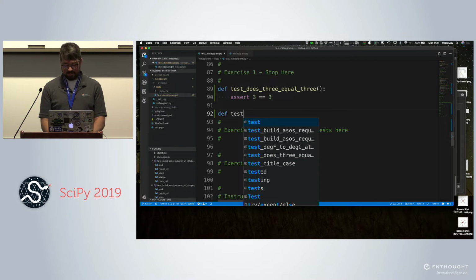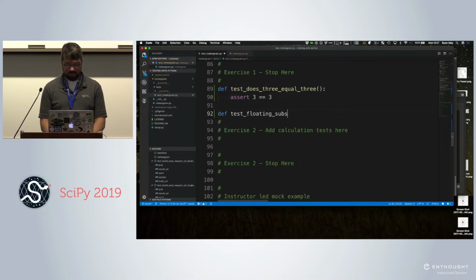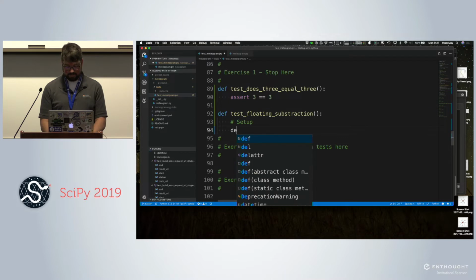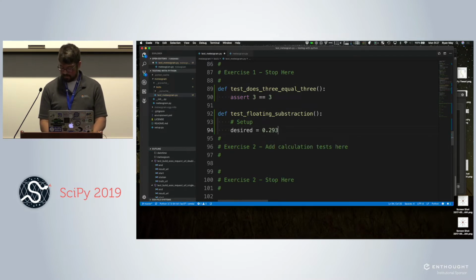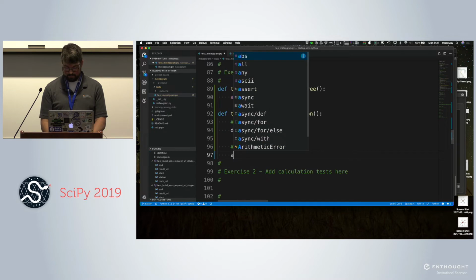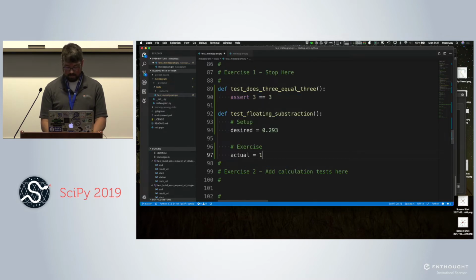So I'm going to write a test for floating subtraction. Alarm bells should be going off in your head right now. So setup. My desired result is going to be 0.293. Exercise. 1 minus 0.707.